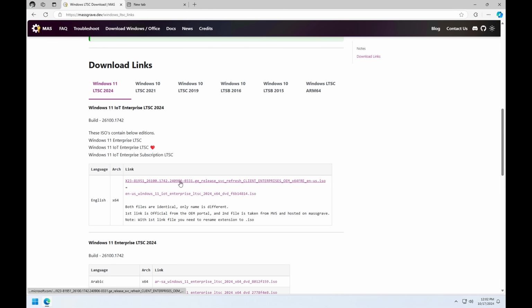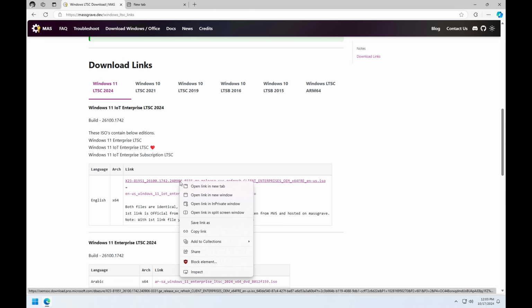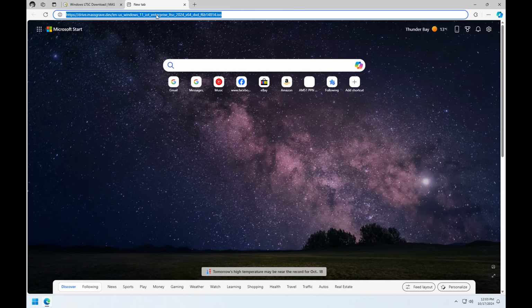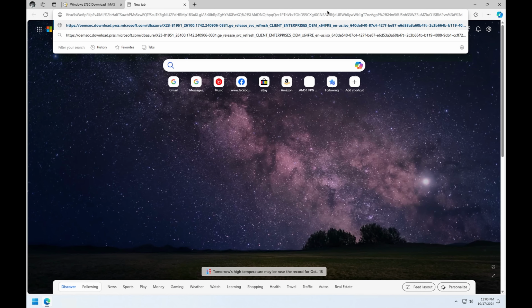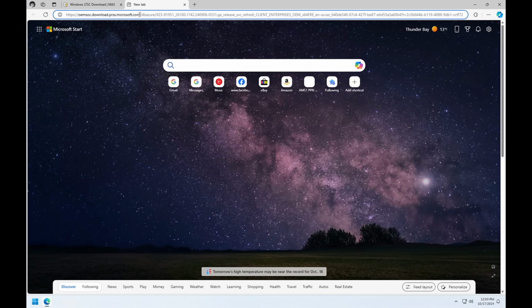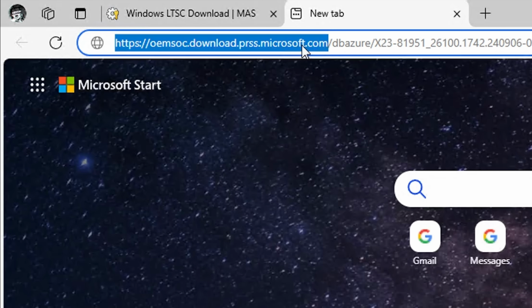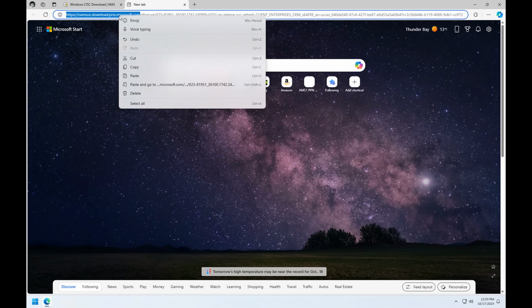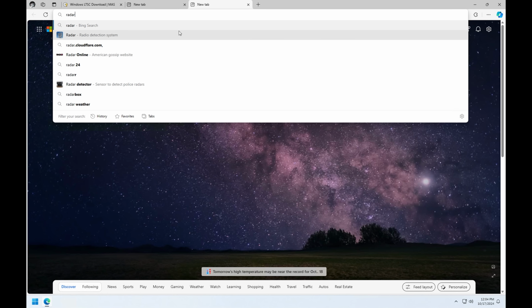So now let's click on the OEM one, and we can right click on this one, again, copy link, go over to our new tab, and let's paste that in, which here is a super long string, but if we go all the way back over to the beginning of it, you can see right here is the actual website that we're downloading from. So to verify that this isn't some super sketchy link, because obviously it has a whole bunch of things before saying Microsoft.com, we can copy this